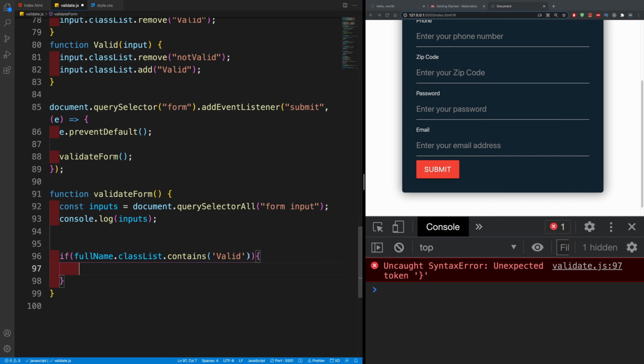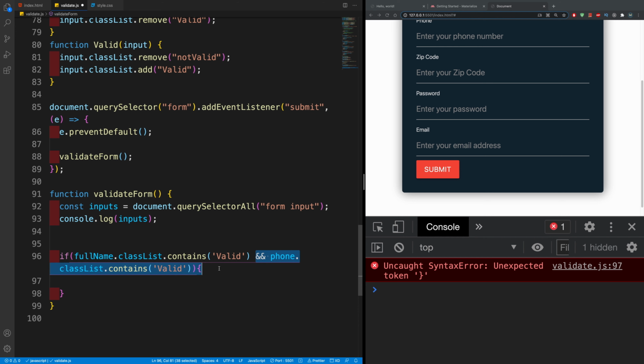But this is not enough. We want to check all of them, so and. And take the next one. If the phone.classList contains the class of valid,